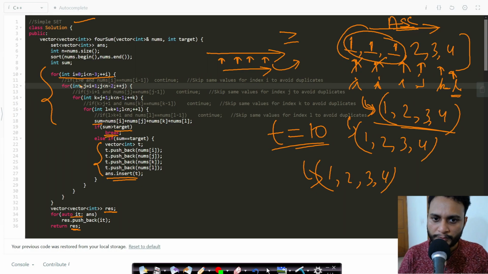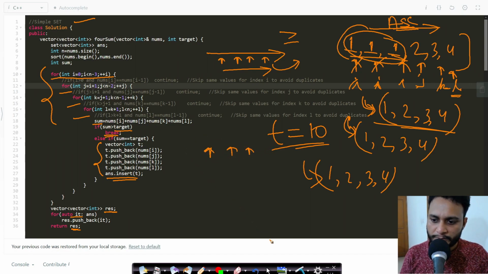Okay, so we should be skipping all the adjacent repeating elements, so that we do not have to encounter the duplicate elements. Since we are skipping some of the adjacent duplicate elements, the time complexity will improve, but the worst case time complexity will be the same. But in many of the test cases, we will get a better time. That is why I have commented these lines. You can just uncomment them. By using these lines, you will be skipping all the same adjacent values.